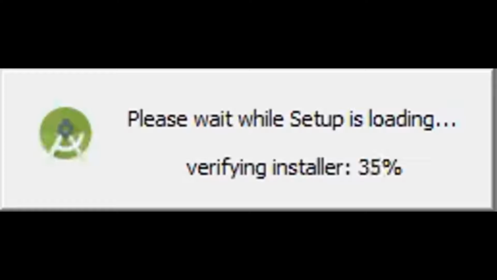Now it will show you something like this. The installer is now verifying the setup file. So once it is 100%, then it will show a window for us to proceed.